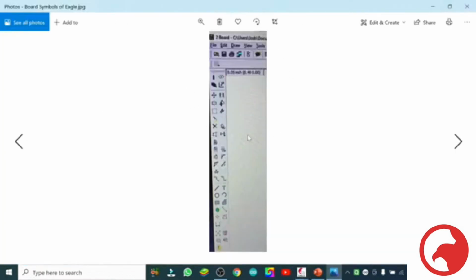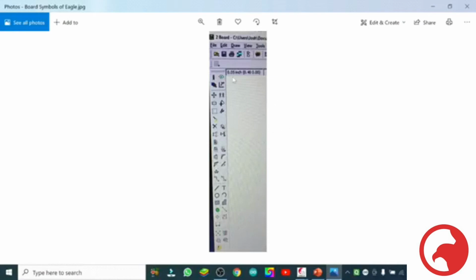See, I made this picture from the camera of my mobile. Then I printed it out on a big A4 size paper, and I wrote down the name and function of each symbol in front of it. When I started learning this Eagle PCB, it helped me a lot.